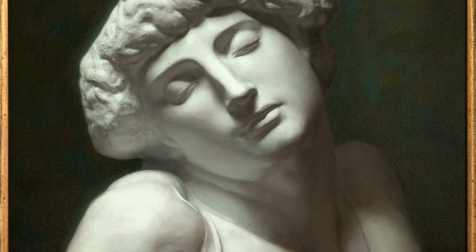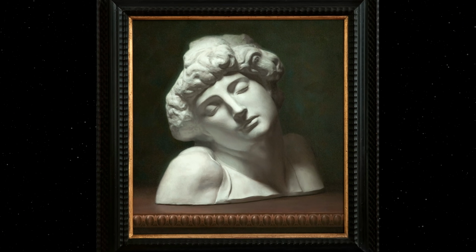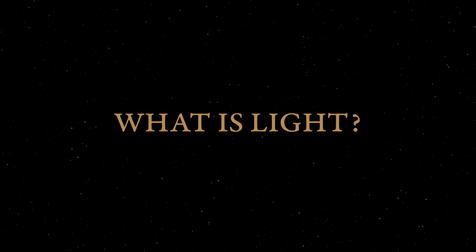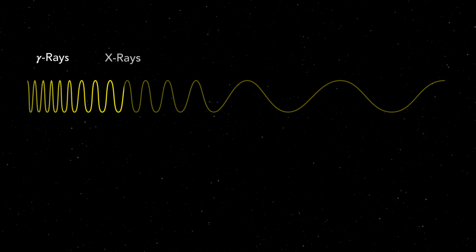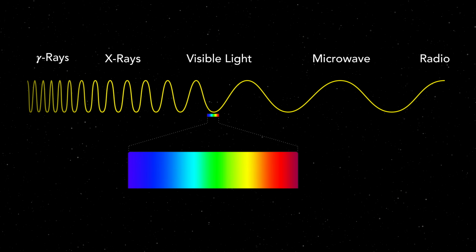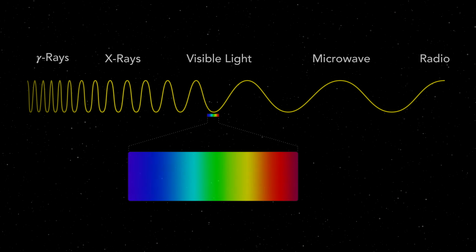In this course, I'm going to talk a lot about light and shadow in art and how you can use them to make beautiful drawings and paintings. But wait, what is light? Light is energy. To be specific, it is electromagnetic energy. This is the same type of energy as gamma rays, X-rays, microwaves, or radio waves. What we call light is actually just a particular range of electromagnetic energy that our eyes and brain have evolved to perceive. We can see this visible light as brightness and color.